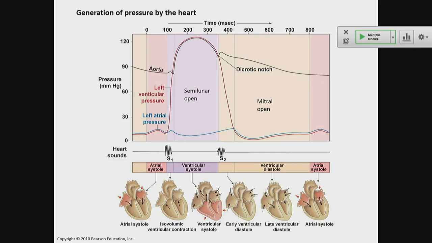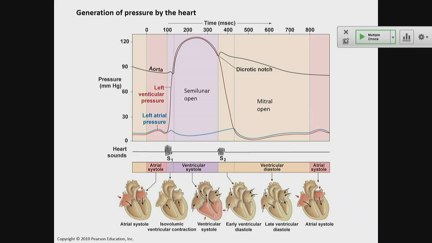So now we are going to look at the generation of pressure by the heart. I already mentioned that on the aortic side, the blood pressure is usually high. On the venous side, it's usually low, okay? And you can see that here. So, aortic pressure here